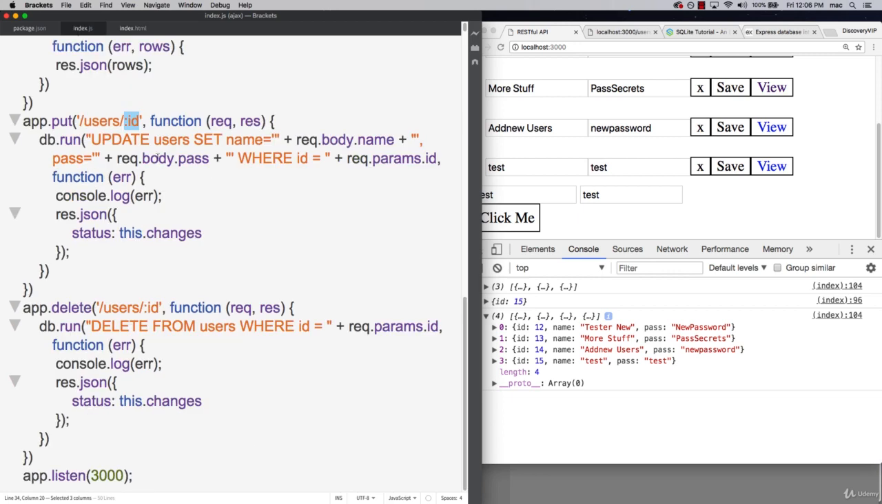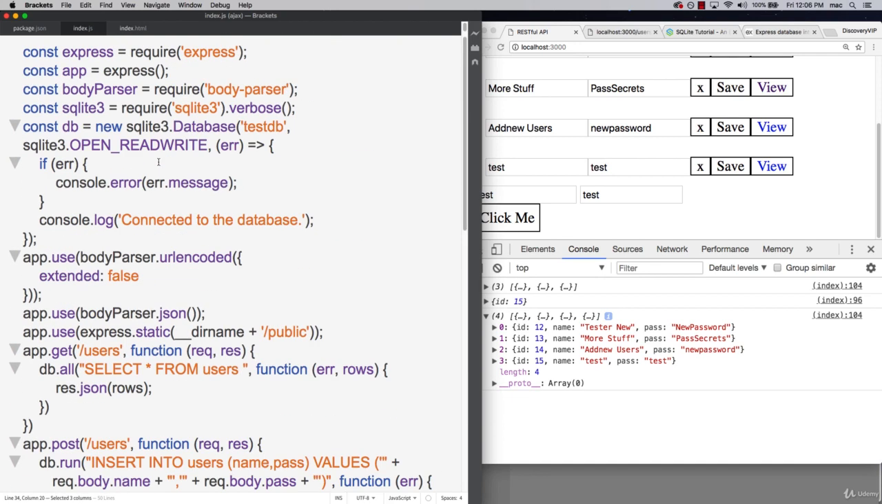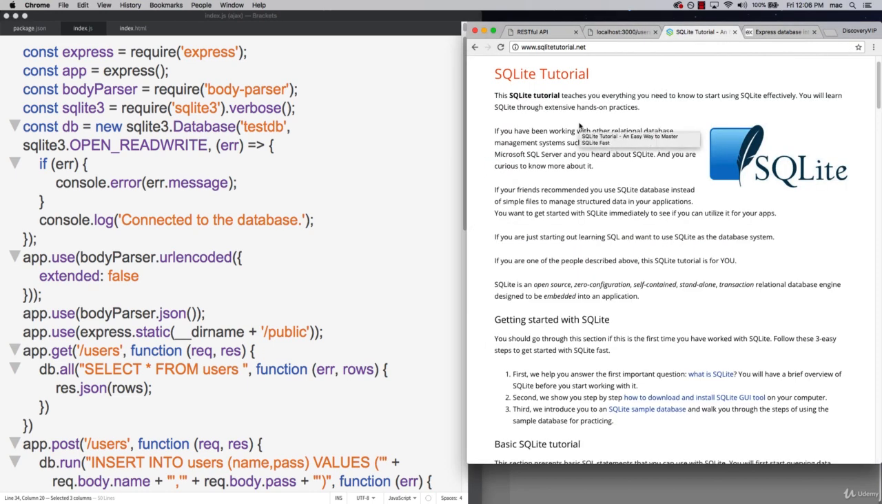So we kept it within just a few files in order to simplify this RESTful API and also give you a good base to build upon. So now it's up to you. There's a number of options that you can extend what you've learned in the earlier lessons. And if you're looking to still continue to use SQLite, there's a great resource at